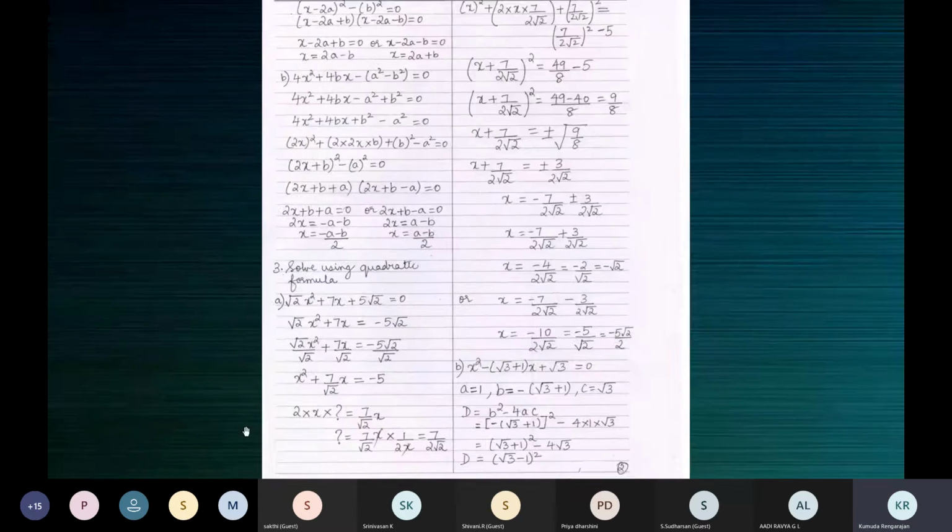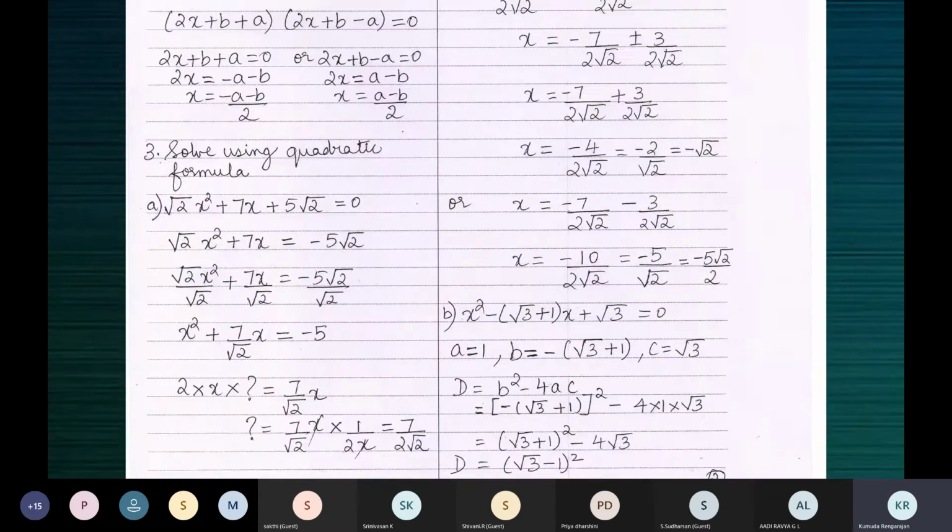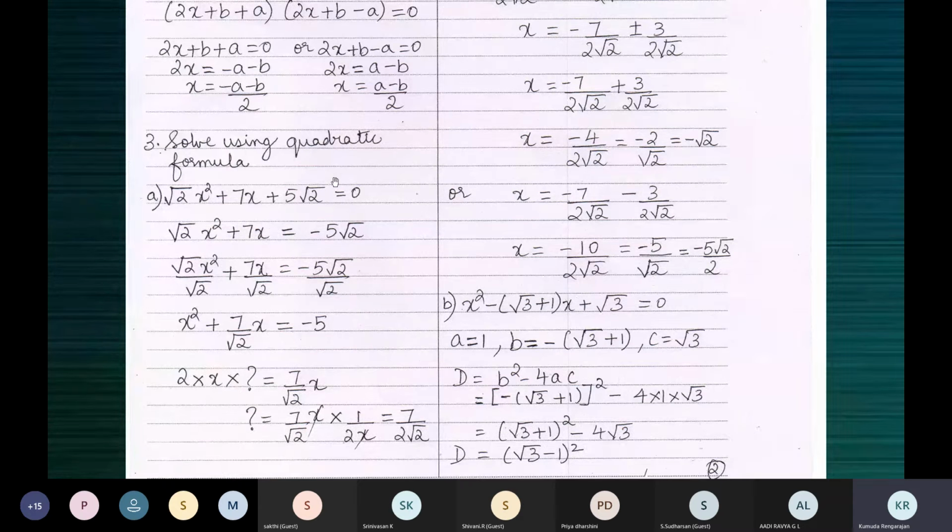Also work this, children. Here I've worked by completing the square. I'm repeating this. The heading is solved by using the quadratic formula. By mistake, I worked it by completing the square. So you can work it under the heading completing the square. There is a heading, right? Solve by completing the square. You can write this question under that heading and solve it by completing the square. And under this heading also, you can write the same question and work it by using the quadratic formula. You can see both in this paper.